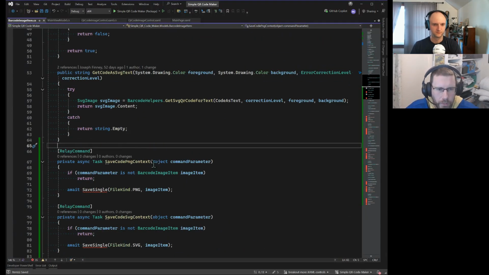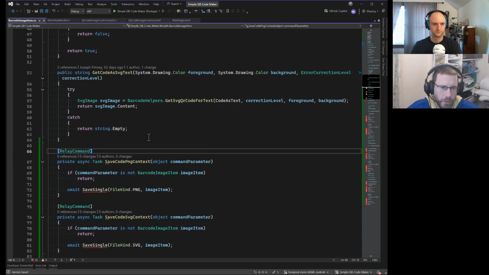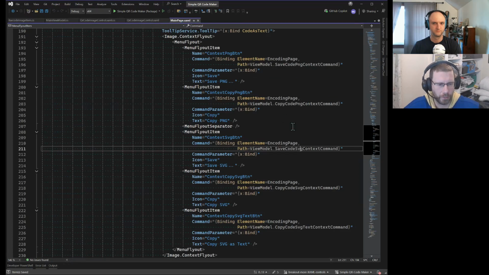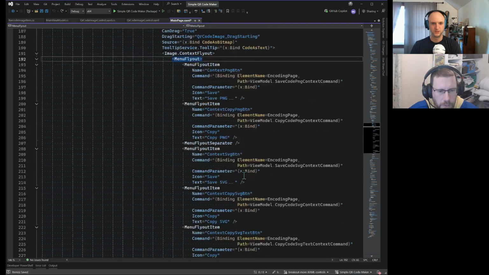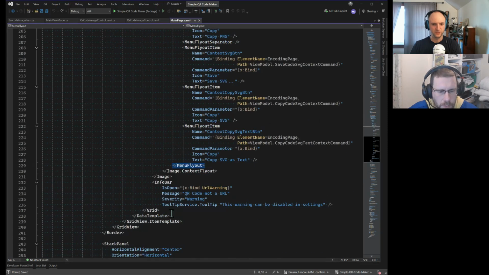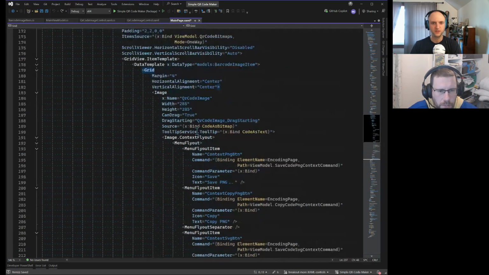Lots of red squigglies. We should probably think about the damage we've just done. Because we've taken all those things out of the main view model, the code we left in the main page XAML file is now going to be complaining that those things don't exist. So we should probably comment out that code. We can take this whole grid, and we copied this out, and we can replace it